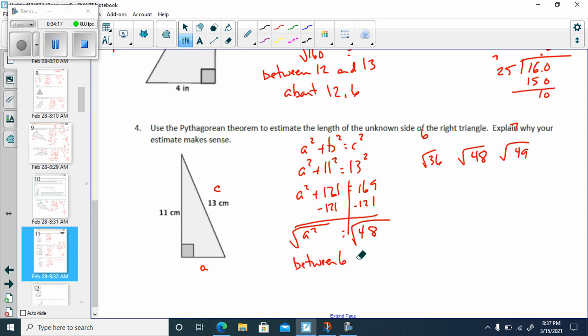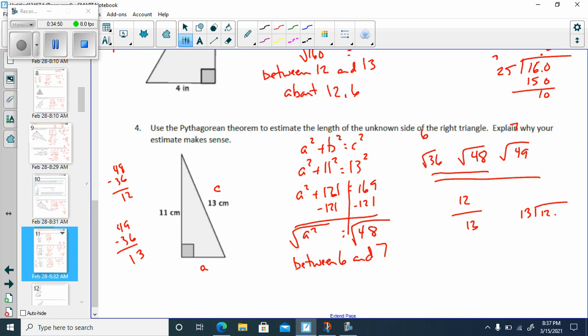Okay, let's see about what it is. Let's get an approximation. All right. Let's find the fraction here. If I say 48 minus 36, I get 12. Okay, so my fraction would be 12 over 49 minus 36, the whole distance between the squares of those two. 9 minus 6 is 3. 4 minus 3 is 1. Okay, so we're talking 12/13ths, right? I would be dividing 12 by 13. Okay,